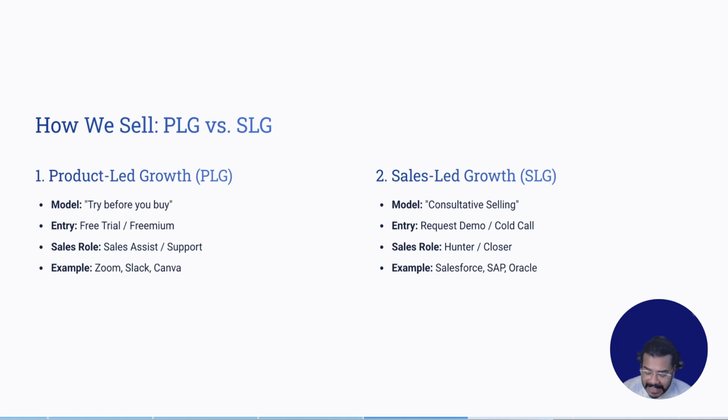Now you can think of companies like SAP or Salesforce, right? So you cannot just download Salesforce. It's a complex solution. It's a CRM and it is an expensive solution as well, right? So here what happens is a human being or a salesperson is needed for you. So the salesperson will do the discovery, give a demo, negotiate the price, and then eventually help you sign a contract, right? So for those of you transitioning from other industries, you have to understand that most high-paying SaaS roles are in the sales-led category. Okay, the SLG motion basically.